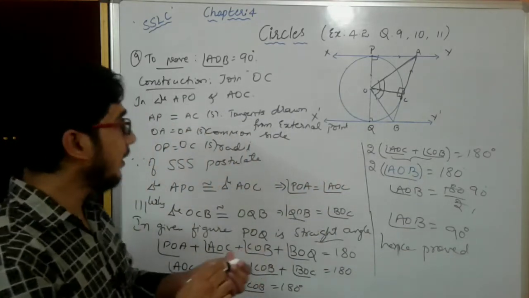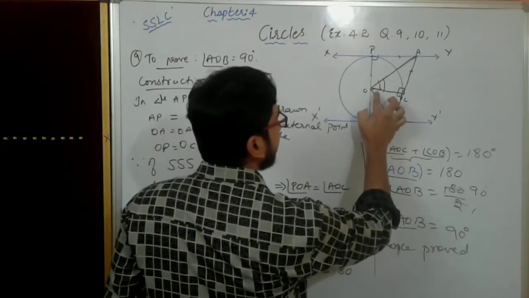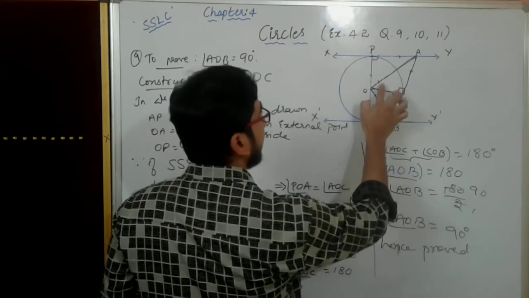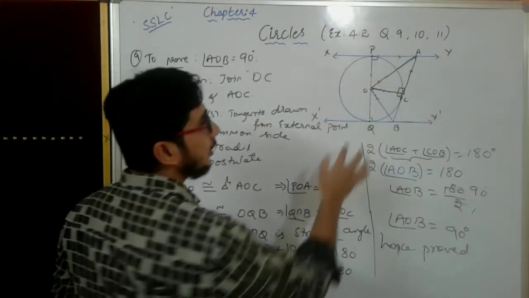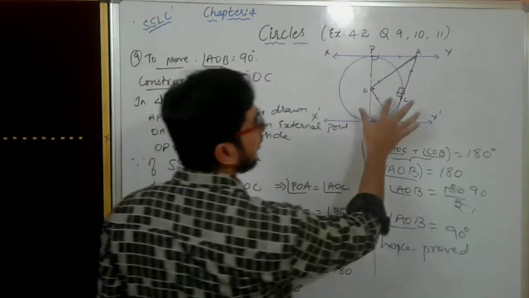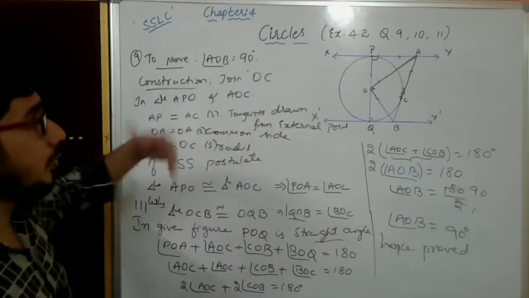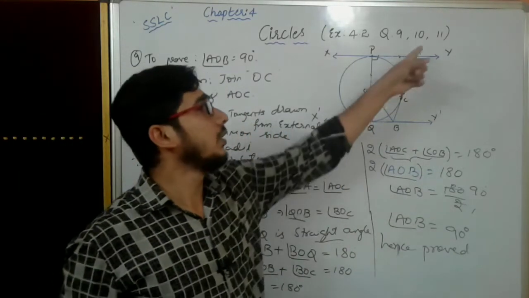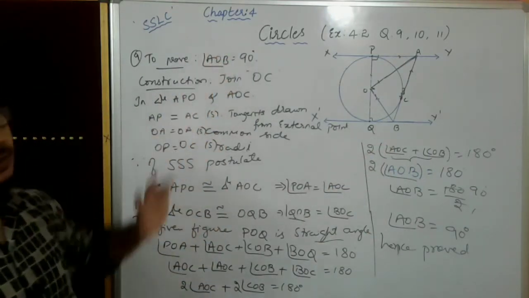Listen quickly, I will tell. First, what do we have to do? In the question they have given, that line will not be there. Only this tangent will be there. When the tangent is there in the construction part, to prove in the textbook question that AOB is 90 degrees, we have to prove it. We will write it down there.